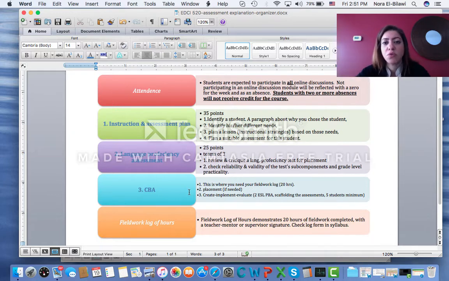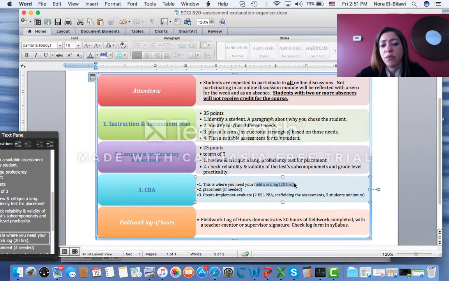Then you can submit. So I have a tab for this one just as a plan B, but the actual assignment needs to be submitted on TK20 together with a fieldwork log of hours. Okay. So the explanation here is that you're going to